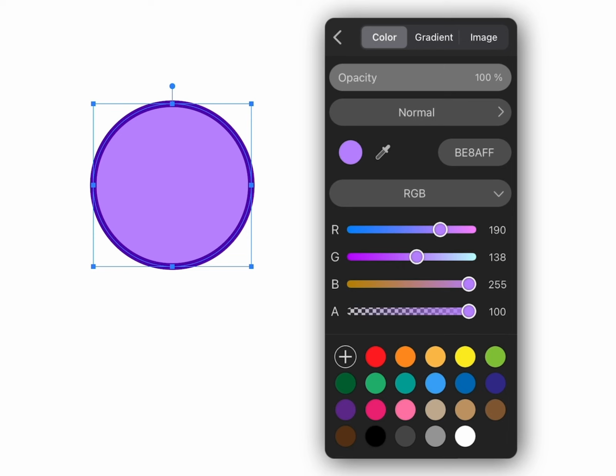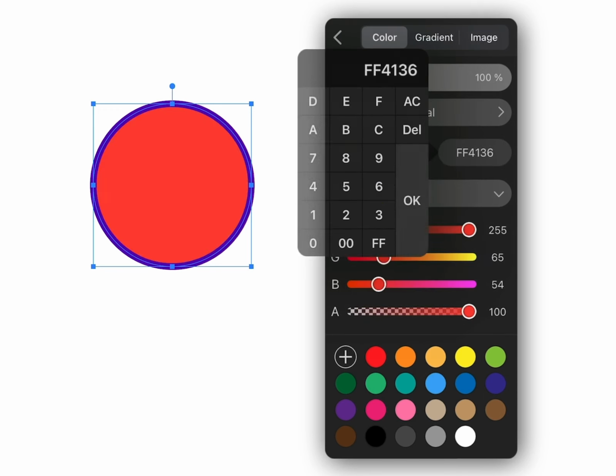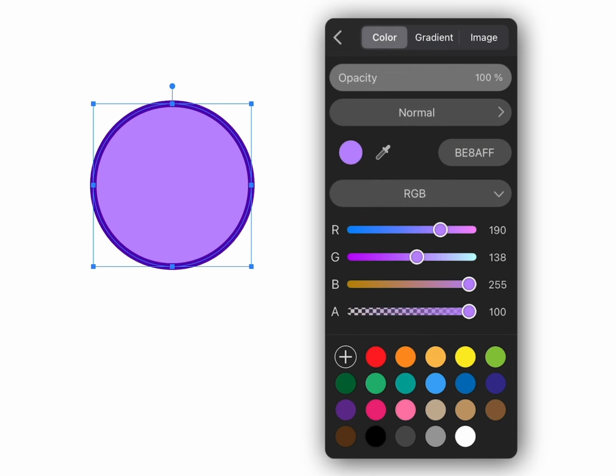There are multiple ways to set a particular color. The eyedropper tool lets you copy a color from an object or effect in your design. If you know the code of the color, type or paste it into this field. This method used to encode colors is common for web design. Another method is to use these controls in the middle of the panel. Lastly, we have a library of swatches that store predefined colors. Let me show you how this works.